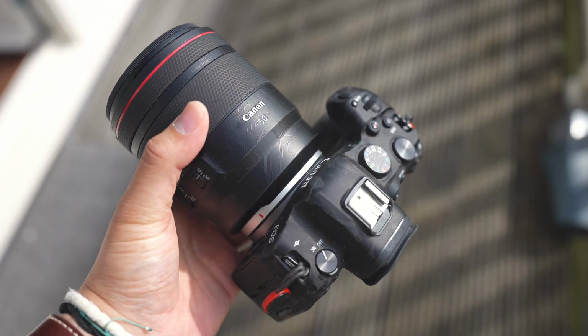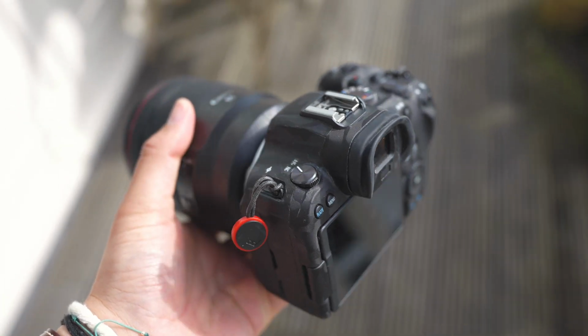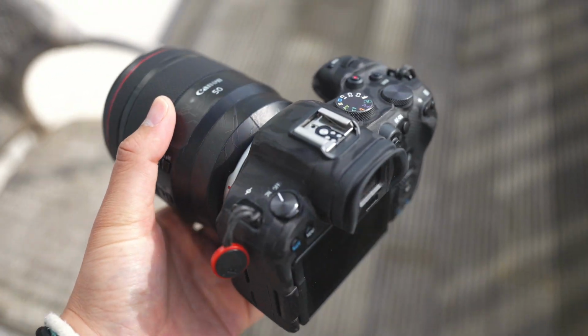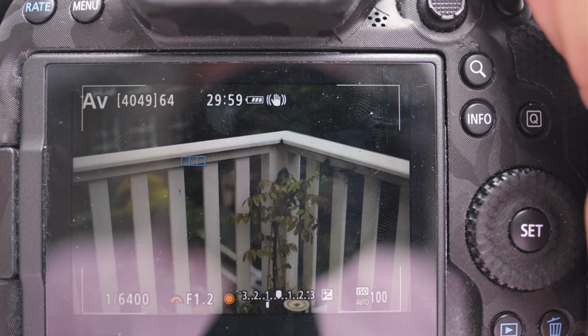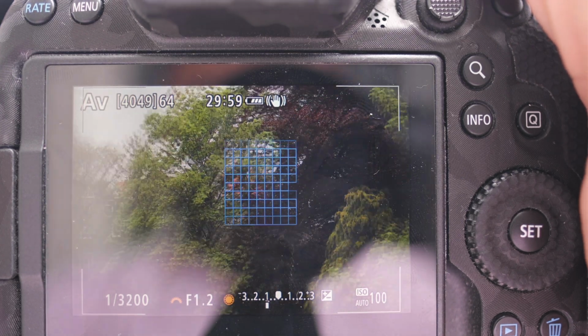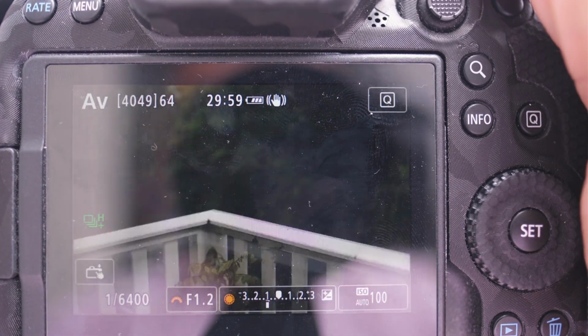So yeah, it's a very easy camera to fall in love with as well. And of course, as I mentioned several times now, it's not the king of any particular field, but it's just a camera that does everything very nicely, covers everything, and delivers everything very well. Unlike those cameras like the 5D Mark III and 5D Mark IV, where I think the saying goes jack of all trades but master of none,